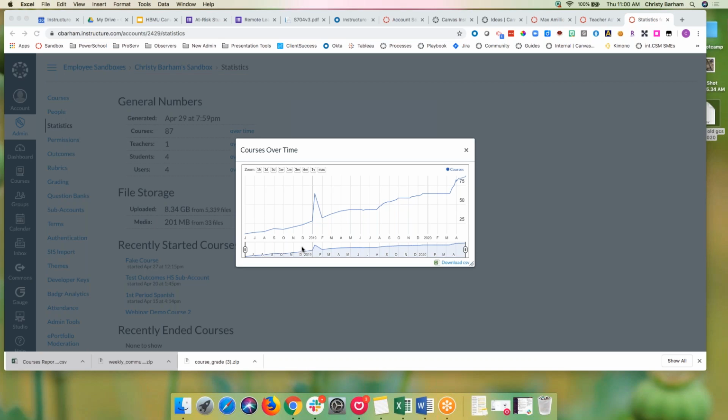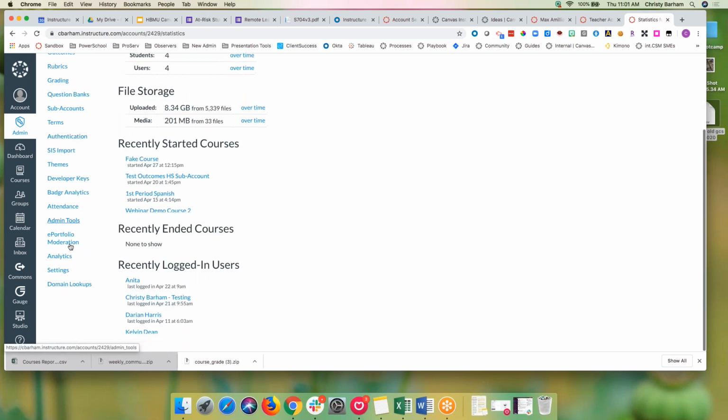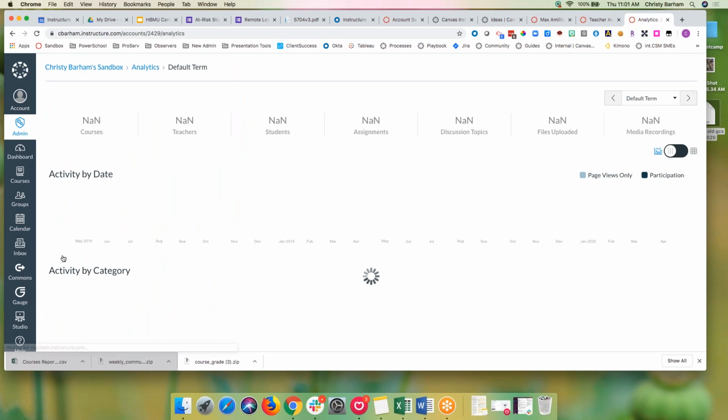Sometimes you'll get a pop-up message here that says you have to have Flash, I think, for that to show. So just know that sometimes that is a message that you get, that you have to enable Flash. So you have, again, course statistics. You have, as an account admin,